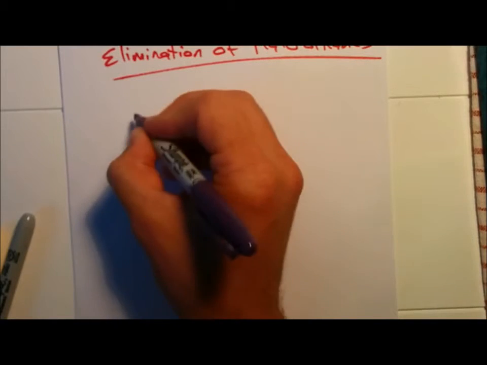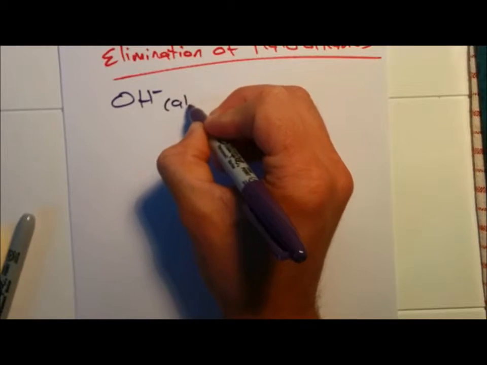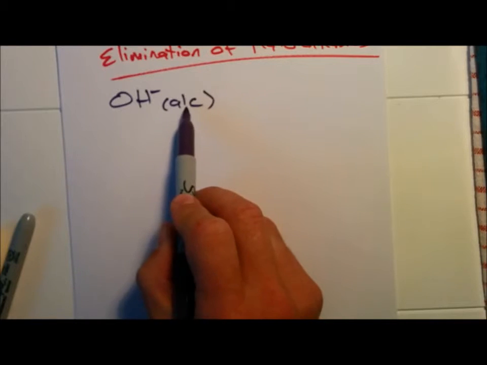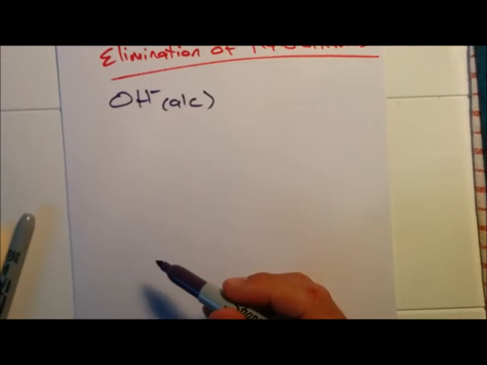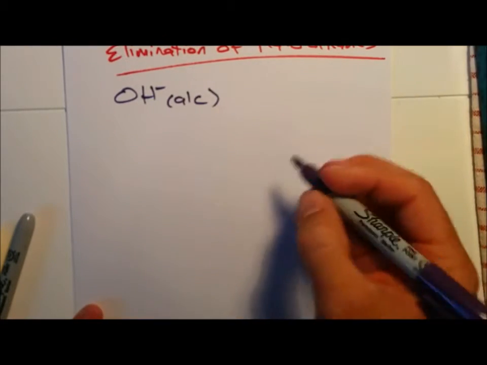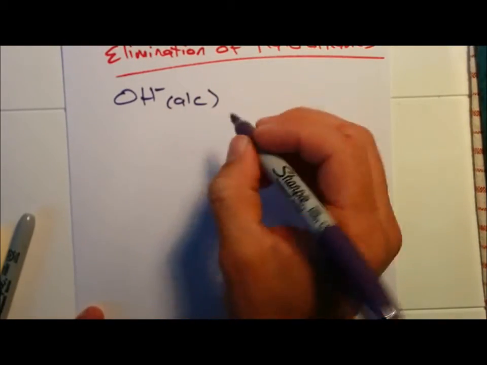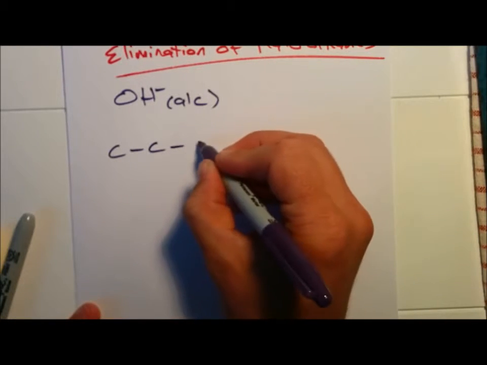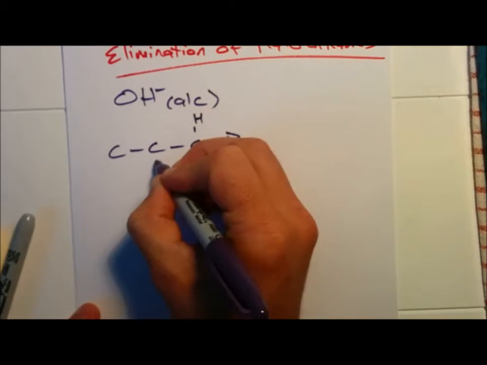As with alcohols, you can also eliminate haloalkanes. The reagent that we use is a hydroxide ion dissolved in alcohol. Again, if we do it when it's dissolved in water, there's too many OHs available, so it would just be a substitution reaction. But when we do it in an alcohol, it ends up being an elimination. So if we add alcoholic OH to something like 1-bromopropane,